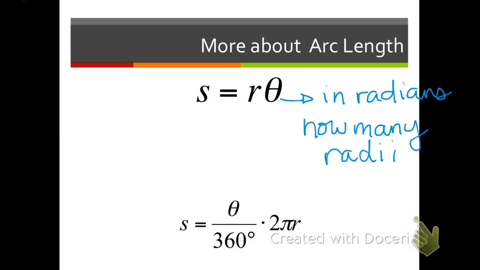Sorry, let me back up a second. If the angle tells us how many radii we've gone around, and the radius is the actual length of the radius, we have the length of the radius times how many radii,